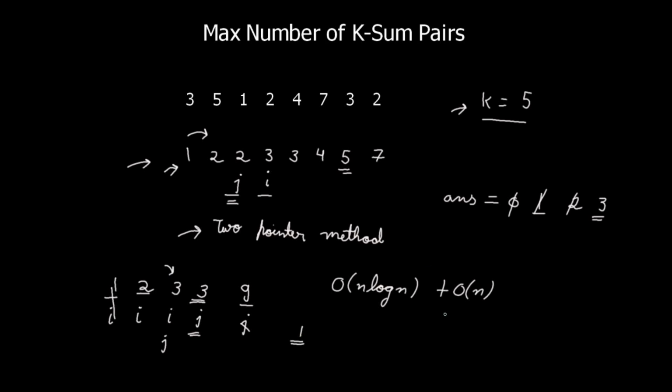And for calculating the worst case time complexity, it is not necessary to account for this also, because this is smaller than this time complexity, and therefore the overall time complexity is order of n log n. So we have seen two methods. The first one does not work, this will work, and now let us see another method which we will code also and which is better than both of these methods.